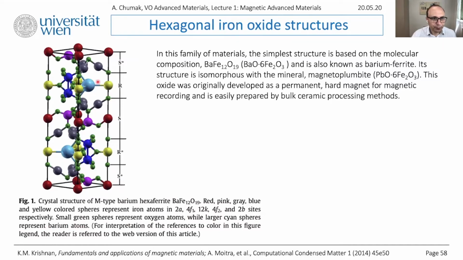So this is barium. This is oxygen. And all the rest, these are our iron, where it's written. Iron atoms, yeah? So red, pink, gray, blue, and yellow, these are all iron atoms which are sitting in different sites. So this is a very complex structure with many different sites where iron is usually occupied, but in addition we need barium and oxygen. And these materials are also well known to have very strong